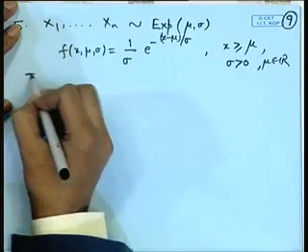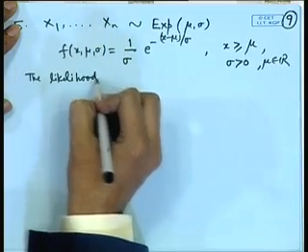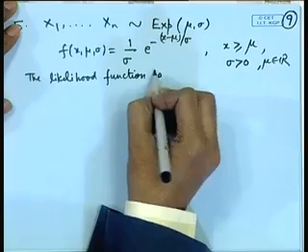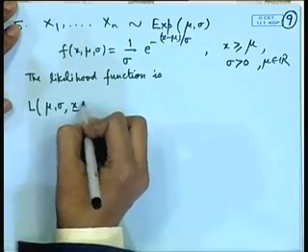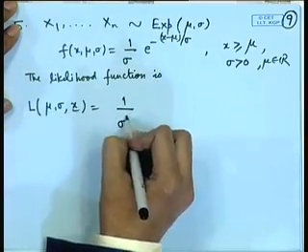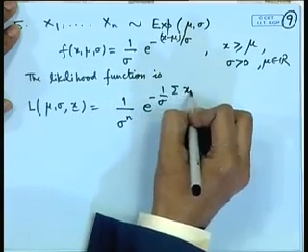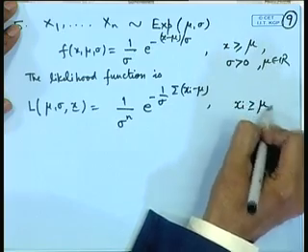The likelihood function will be 1 by sigma to the power n e to the power minus 1 by sigma sum of (x i minus mu), with each x i greater than or equal to mu,